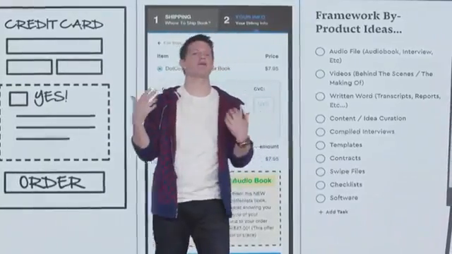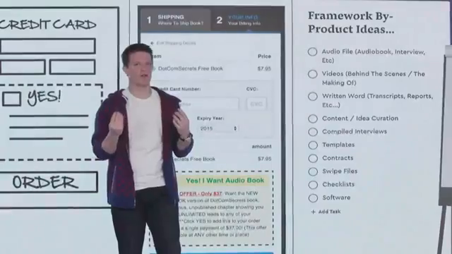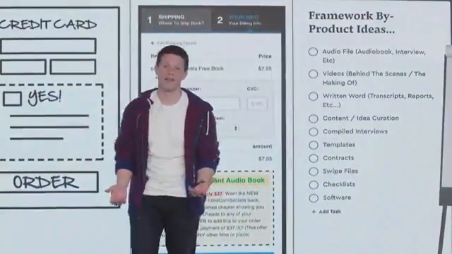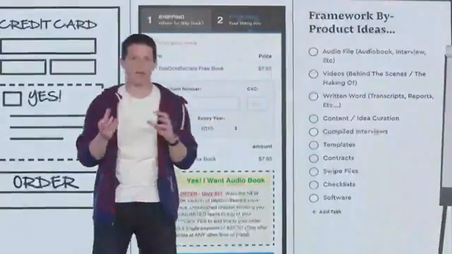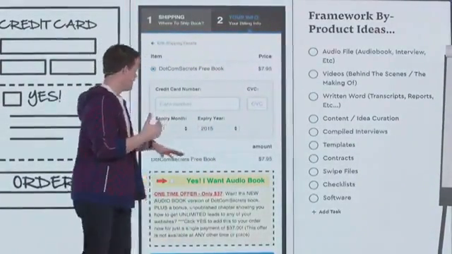Okay, this stuff doesn't have to be complicated, guys. It's just thinking outside the box, like, how can I do this to make something sexy and cool? Now, saying, here's a Zoom call of 5 people talking about my framework is boring, right? You got to make it sexy. You got to talk about it. And that's why Jim's software with all the funnel scripts and everything is going to help make it sexy, but